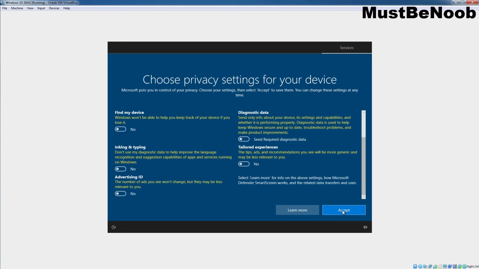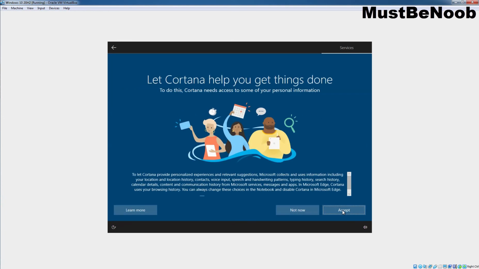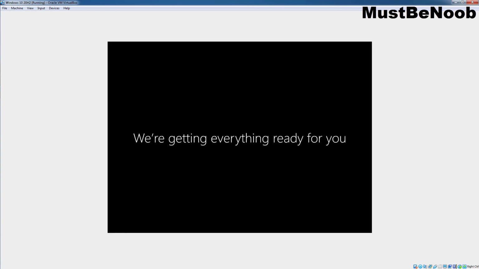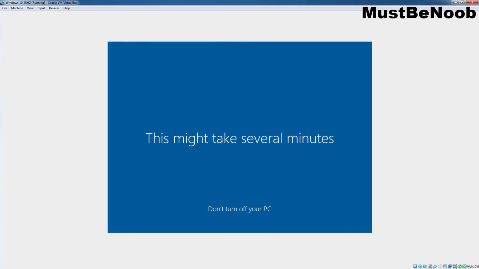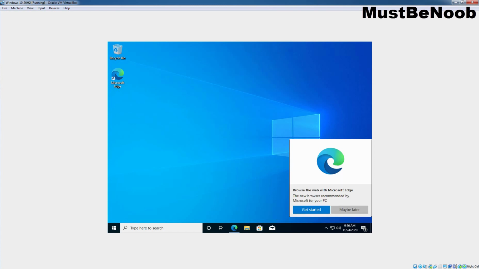Now let's click on Accept. Let's wait for a moment. The screen is asking us for settings related to Cortana, and I'm going to click on Not Now at this point. Wait for a few seconds. It is creating the user profile for us. And now, as you can see, the desktop of the newly installed Windows 10 computer, I'm going to click on Maybe Later.